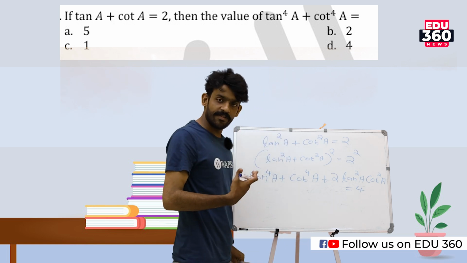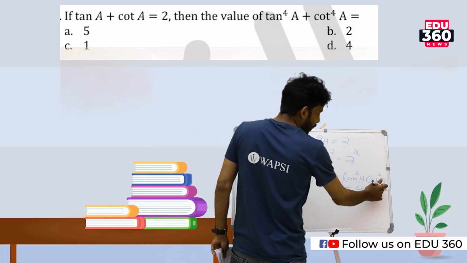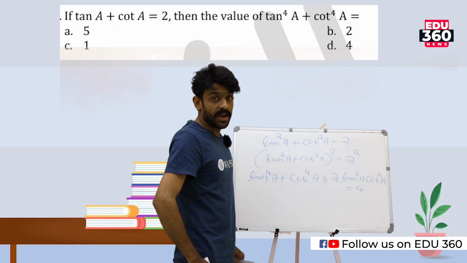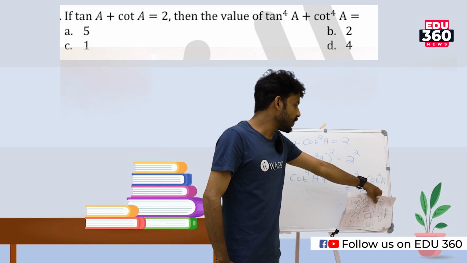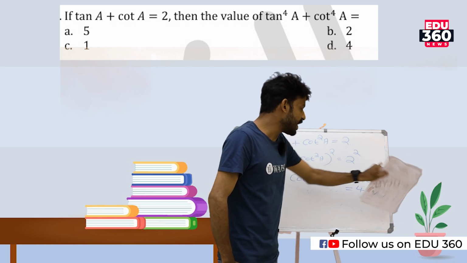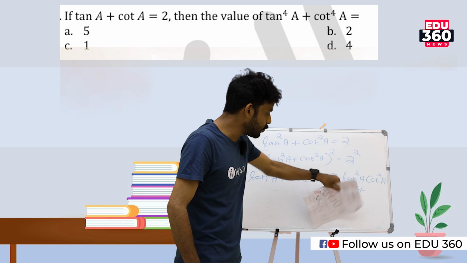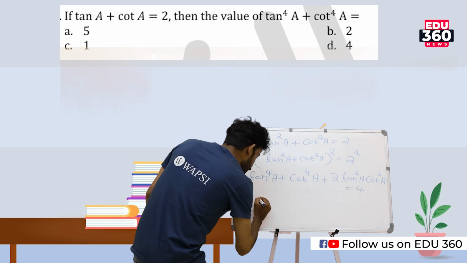Cot square a, so instead of cot square a, again we can use the same. Cot square a is equal to, we can write it as 1 by tan square a. So here it is tan square a. When we are changing this cot square a in terms of tan square a, that is equal to tan square a into 1 by tan square a. So what is the value? That is equal to 2. So again we will get tan square, and the next step we can write it as,